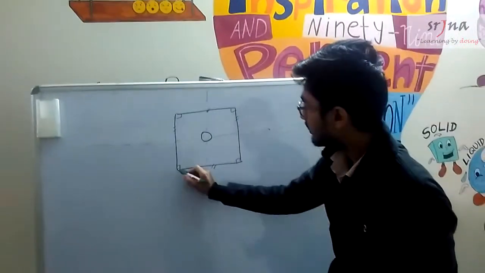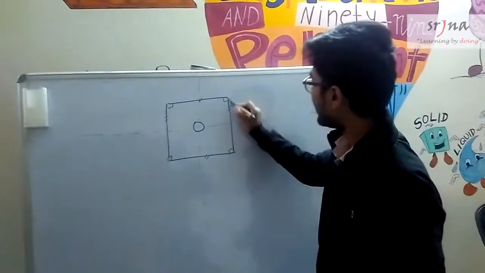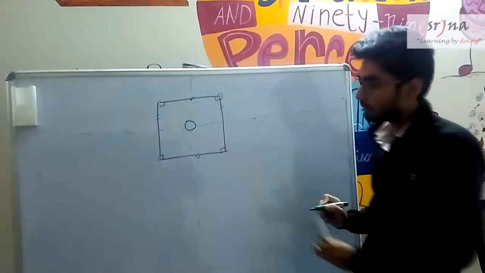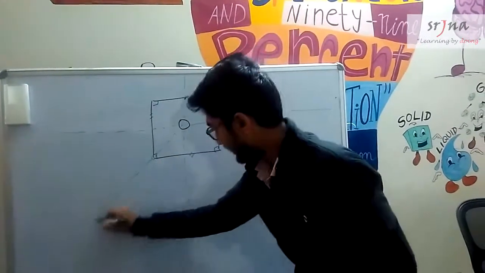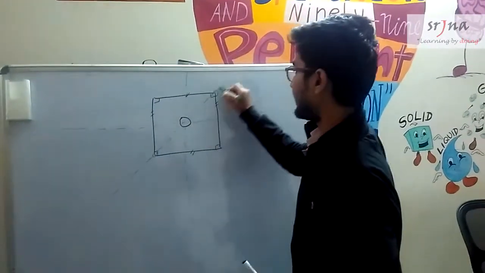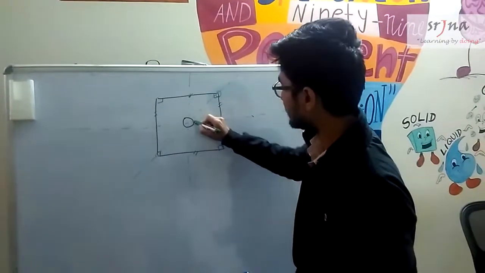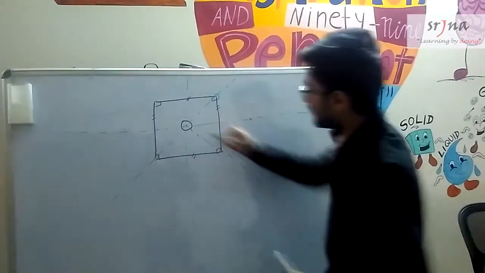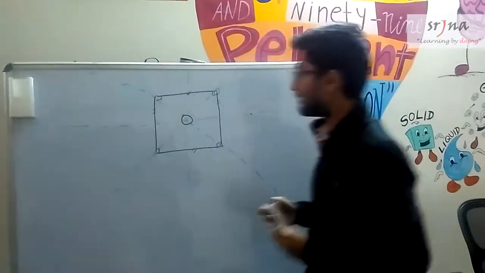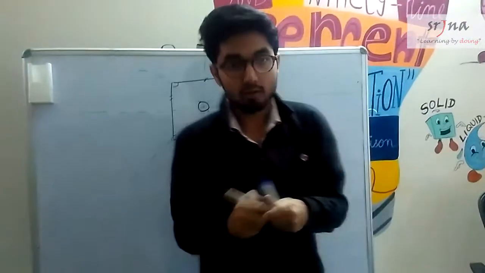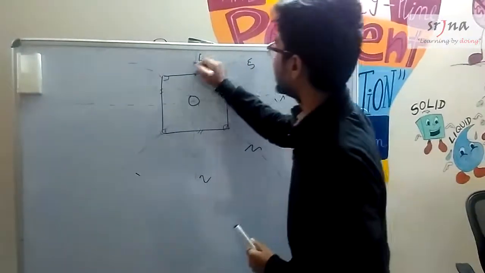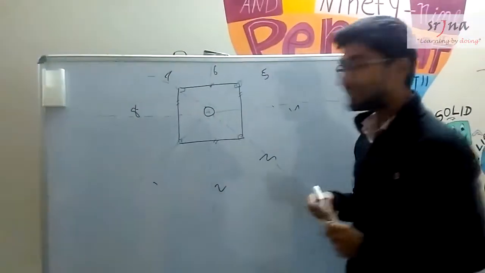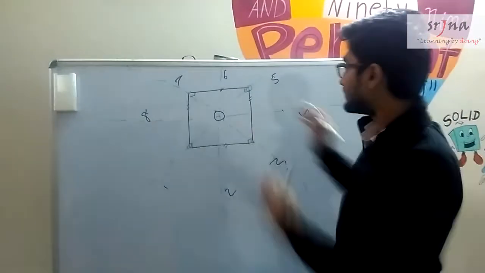Correct. But now here also an image will be formed and here also an image will be formed. And these two are again parallel. Because of that, one infinite line will be here, one infinite line will be here. The same goes for these two corners as well. An infinite line will be here, an infinite line will be here. So now my question and confusion is, there are 1, 2, 3, 4, 5, 6, 7 and 8. So there are basically 8 infinite lines as we can see over here.